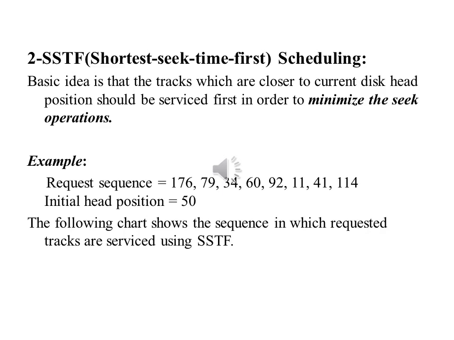One is at place 11, and the second is at place 15. So which number is nearer to 9? The number 11 is very near to 9. So we will not calculate on the basis of their arrival. We will calculate on the basis of their nearest place, nearest seek time. That is, it means the shortest seek time first. Whichever request has the shortest seek time, we will serve that request first.